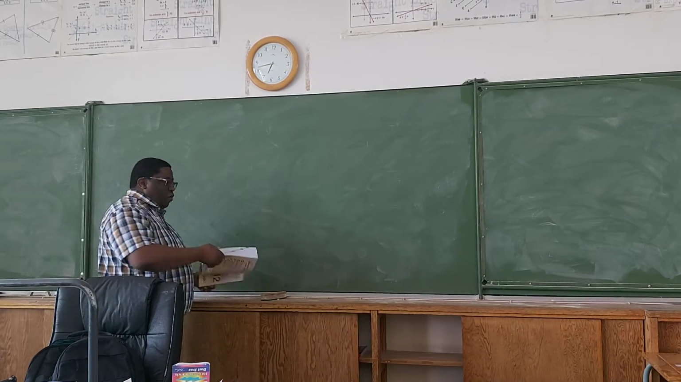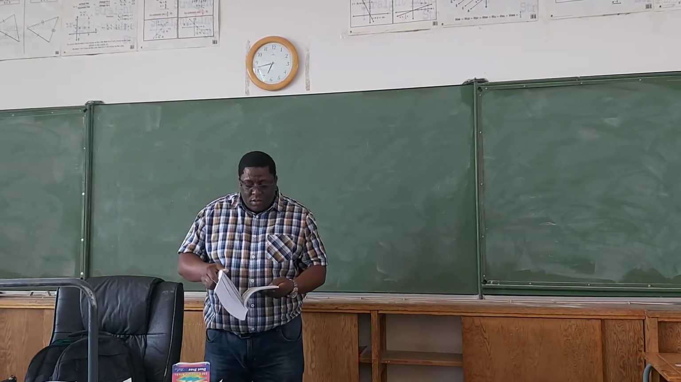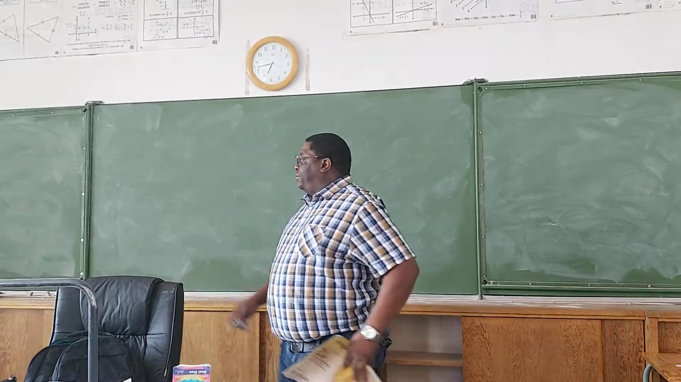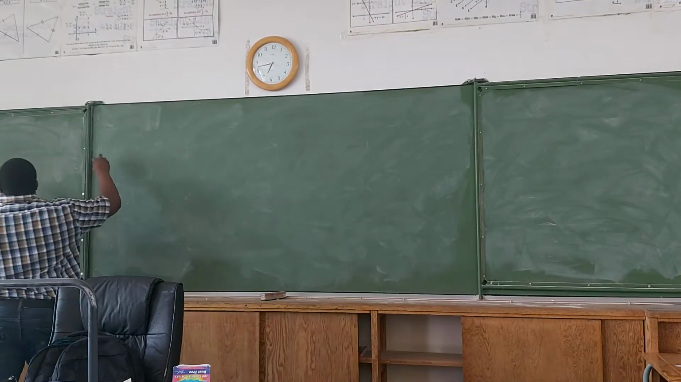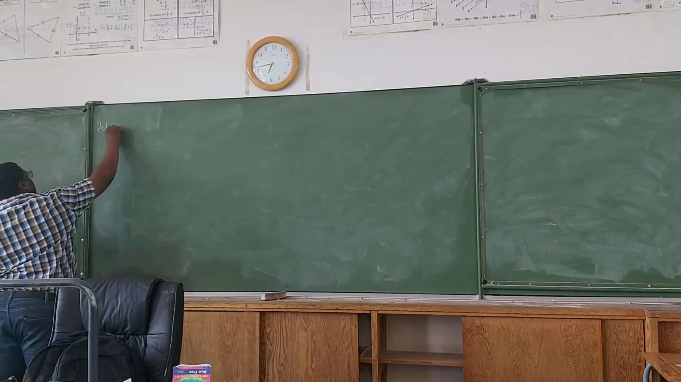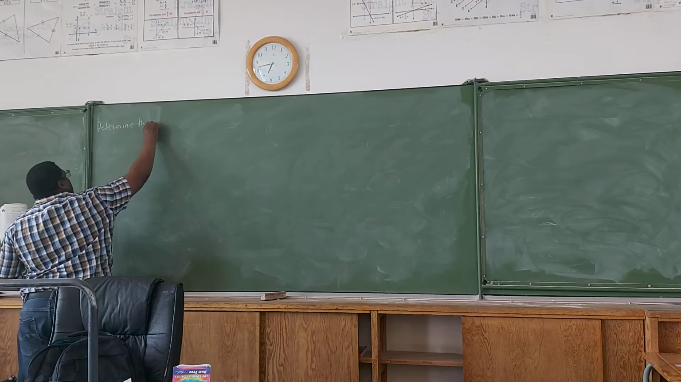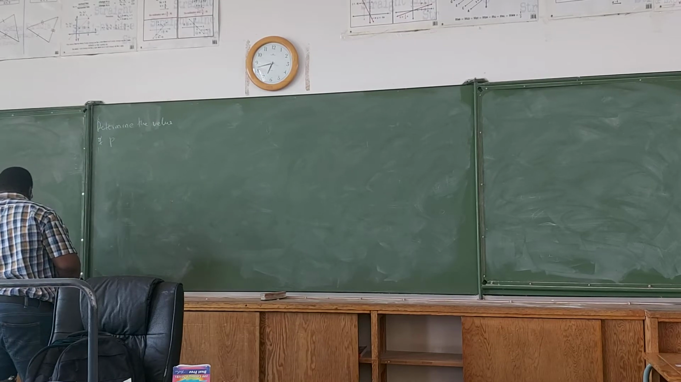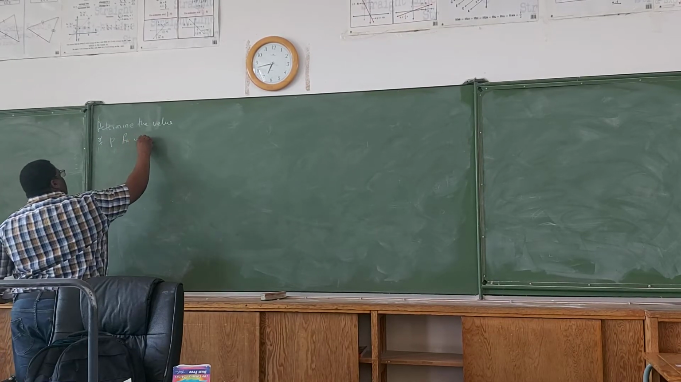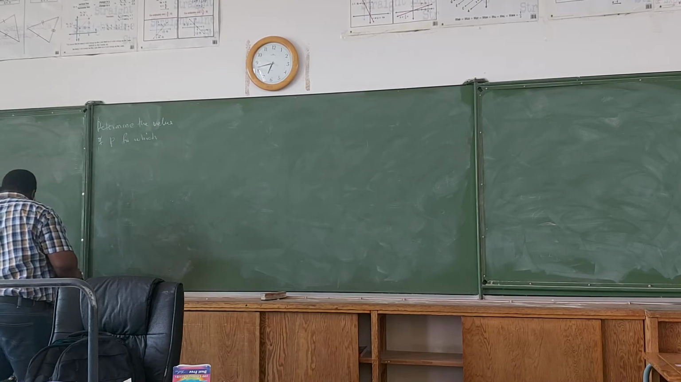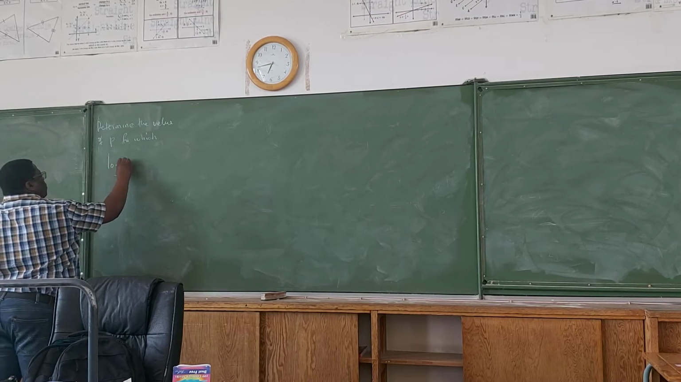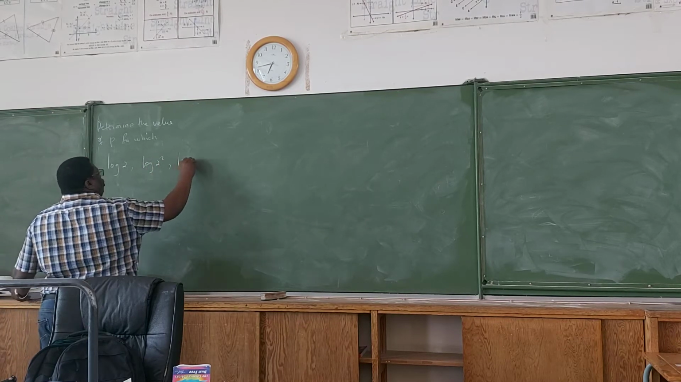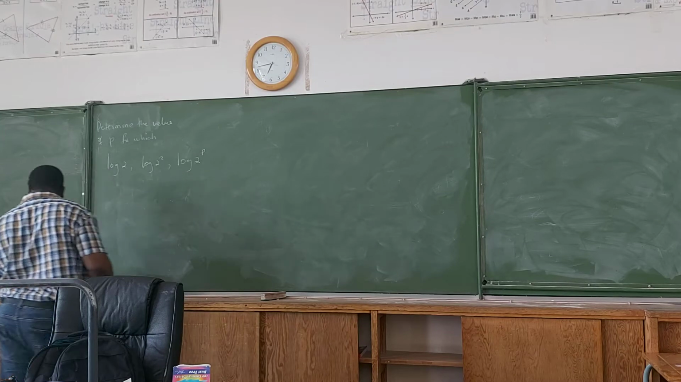Page 44, Question 4. Guess what I'm bringing back? Look. Take both sides. Determine the value of P for which log 2, log 2 squared, log 2 raised to the power of P